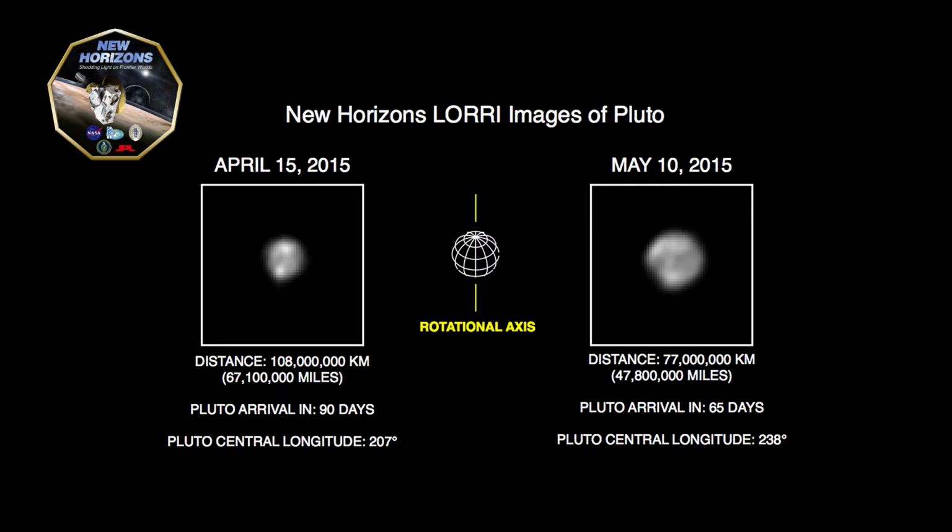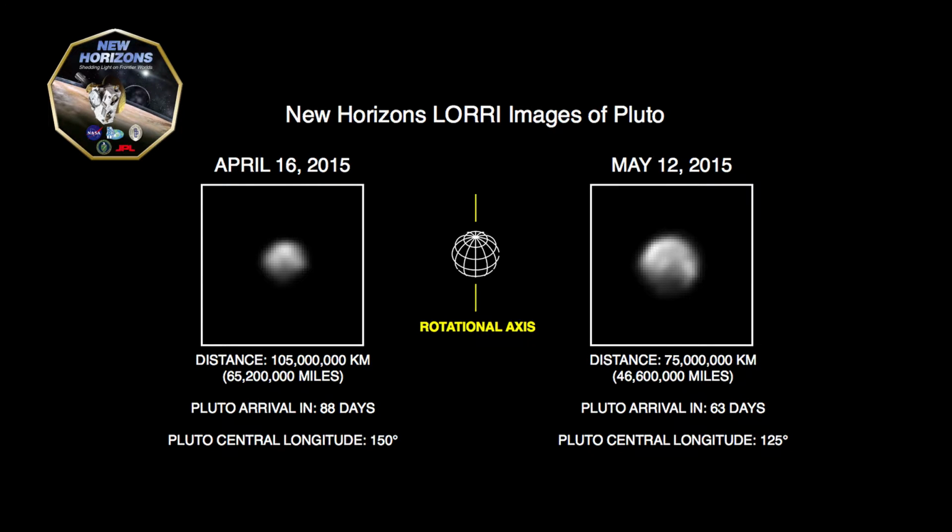The April images are shown here on the left, with the May images on the right. Between April and May, Pluto appears to get larger as the spacecraft gets closer, with Pluto's apparent size increasing by about 50%. A day on Pluto is 6.4 Earth days long, and these images show the variations in Pluto's surface